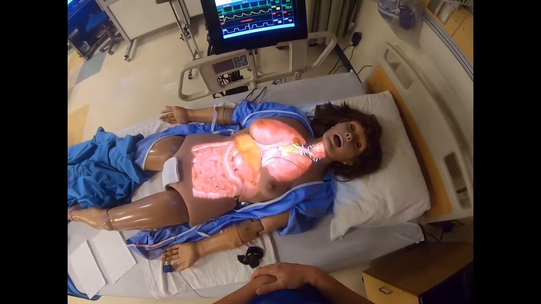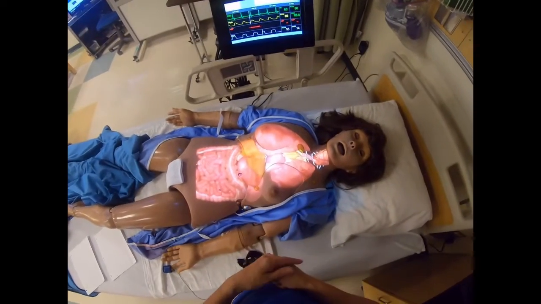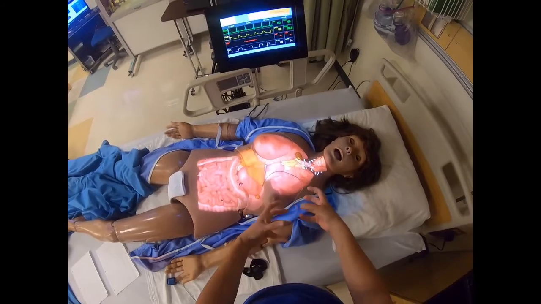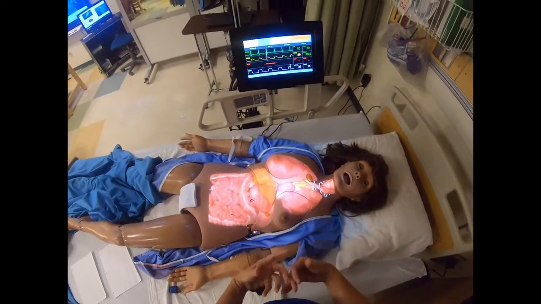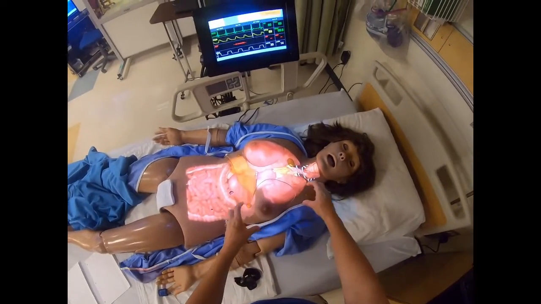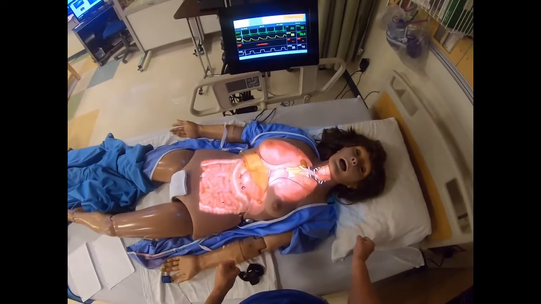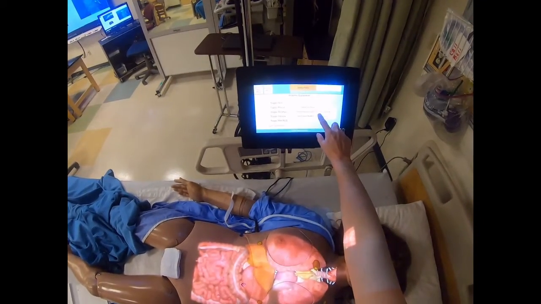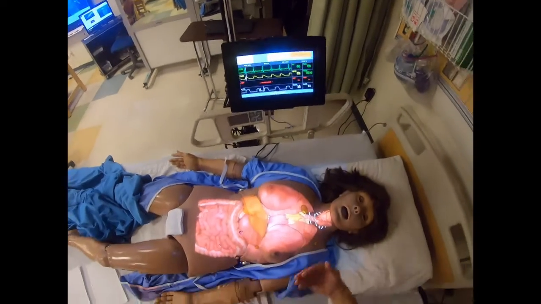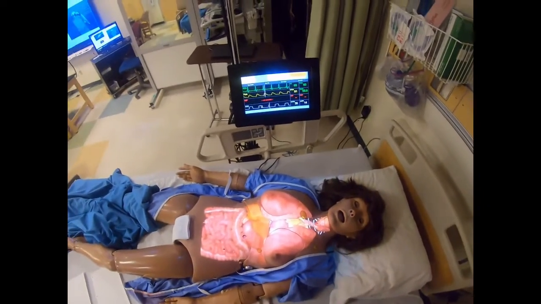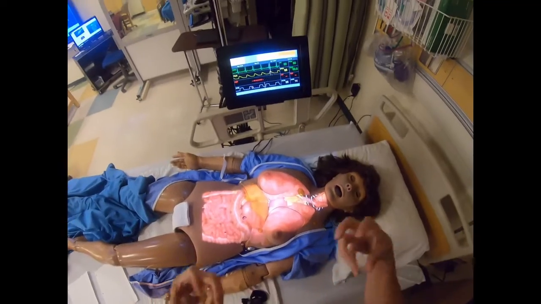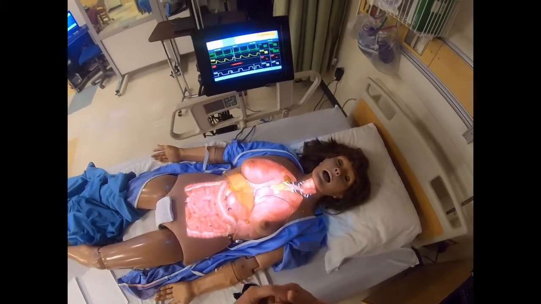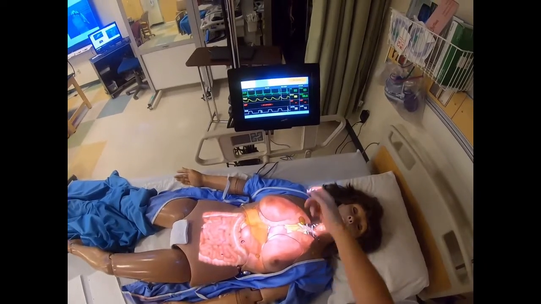How do we fix this? One of the ways we do that is putting in a chest tube, and what that does is take out either fluid or air and allow the lung to reinflate. Once we have resolved our pneumothorax, we're going to see our patient's pulse oximetry increase. So the patient is oxygenating much better. Now, if I have a patient who is having a low pulse oximetry,